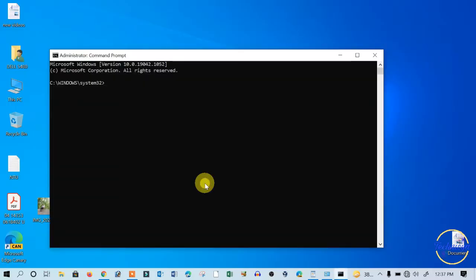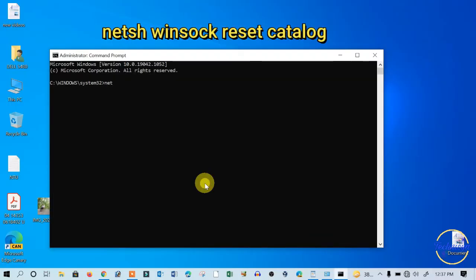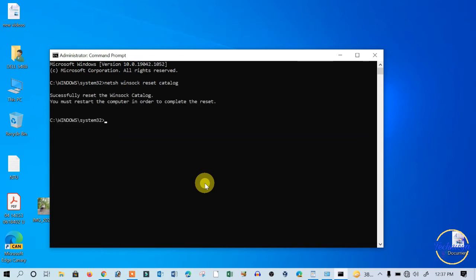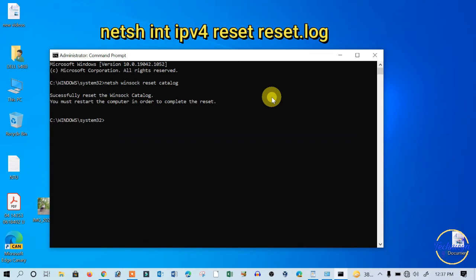Now here type the command netsh winsock reset catalog and press enter. Now again type another command